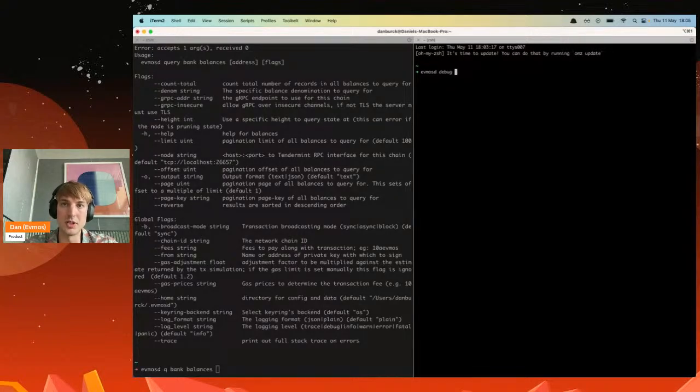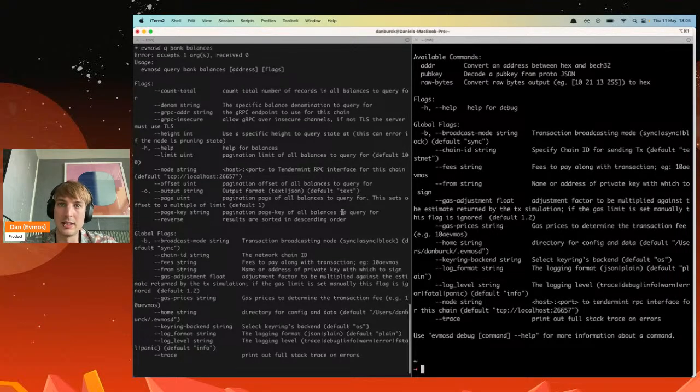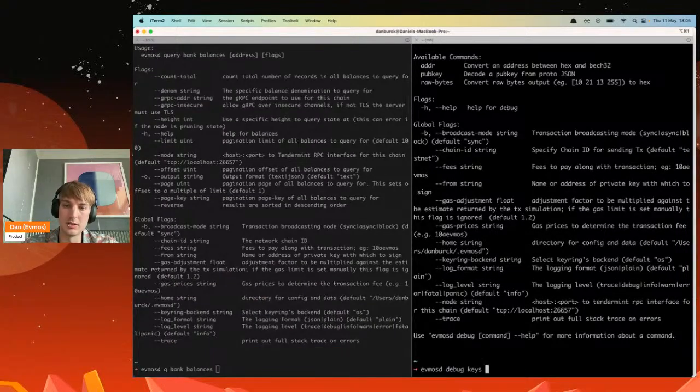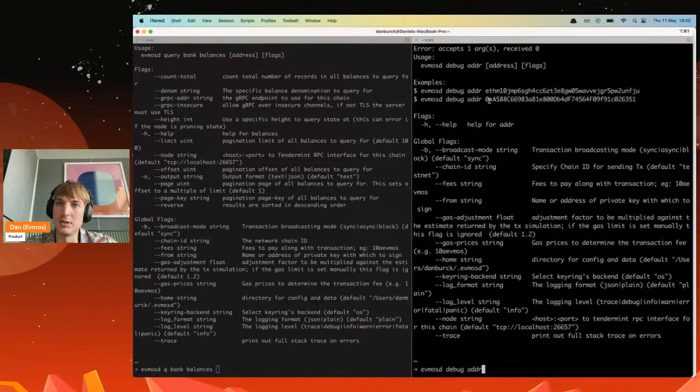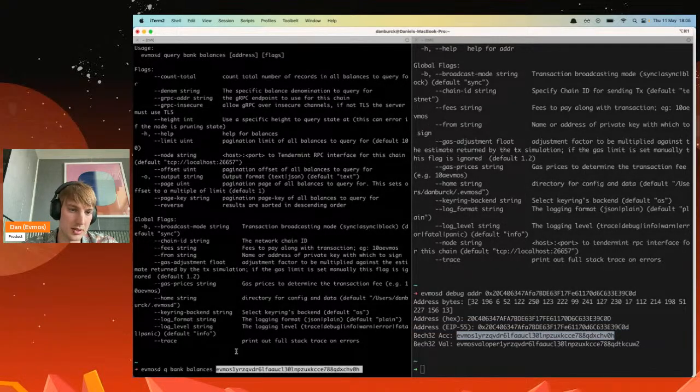The Evmos binary also provides some tooling. You can do evmosd debug addr, exactly, and then you can provide either the hex or bech32 format, and it will output a bunch of different formats. We have the hex one, we want the bech32 in order to put that into the query. And if I execute this now, it will give me an error